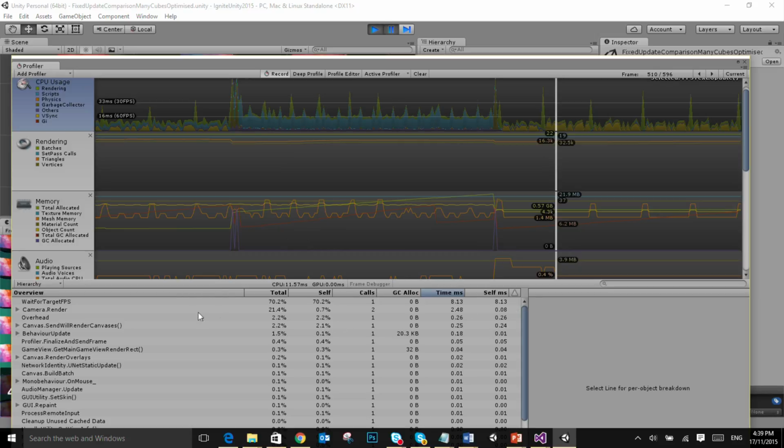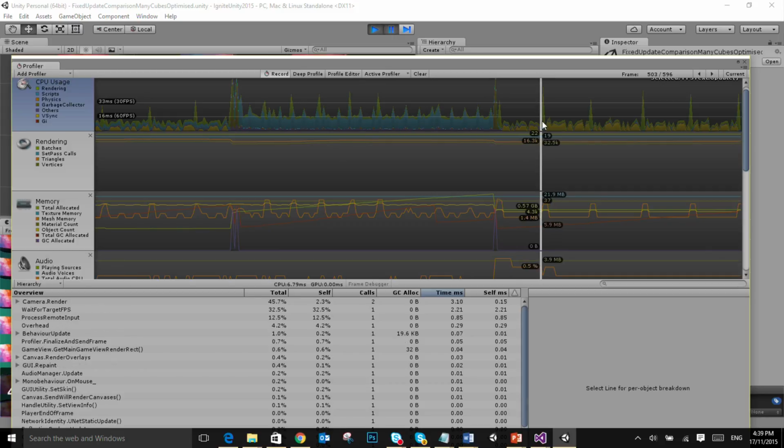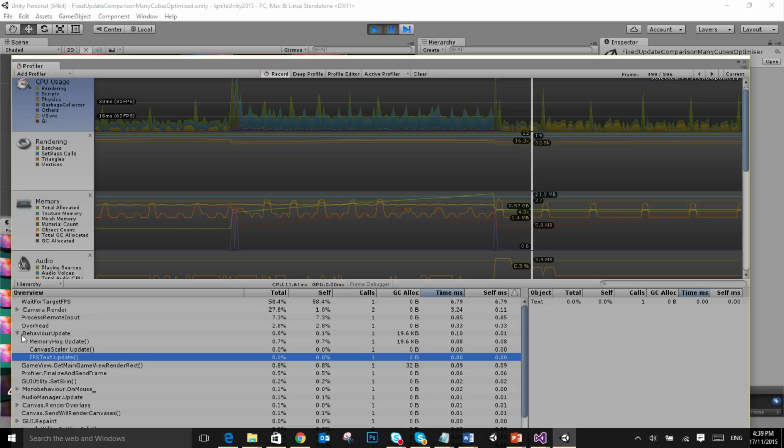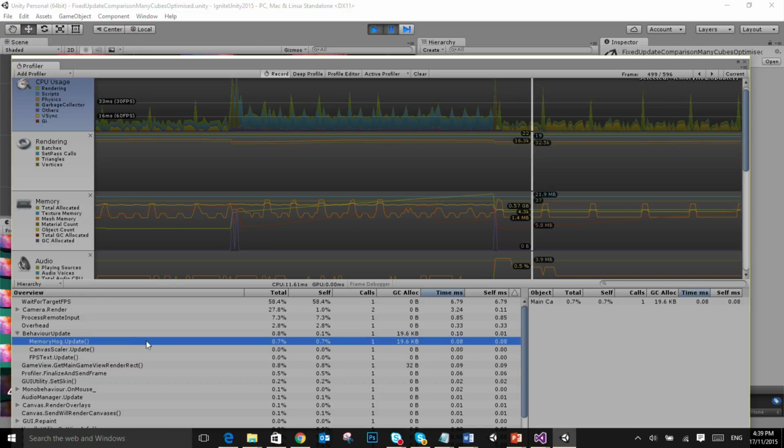And as I said before, you don't want to go in and just look at the details, because what ends up happening, and now I'm trying to find where the update is, because it's moved down. And I still, there it is, behavior update. And in here, what you'll find is, every now and then you'll come across the actual frame where the fixed updates are happening. So you'll be able to see on fixed update what's happening as well. And that'll be obvious, because every now and then you'll have all these frames, and then bang, there'll be a very different looking frame. But if I go in here, you'll see that this is now reduced to,